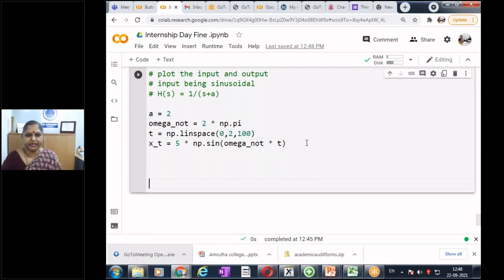Before doing this, let me first plot. Are you doing this? Am I fast? Now I want to have x of t and also y of t. I want to plot x of t and y of t, because we have done this in Multisim Lite. This is my input signal: x of t is 5, some magnitude I have given, sine omega naught t. And what is my omega naught? 2 pi. It's just for making the program general, so that I can change the frequency and see the output.